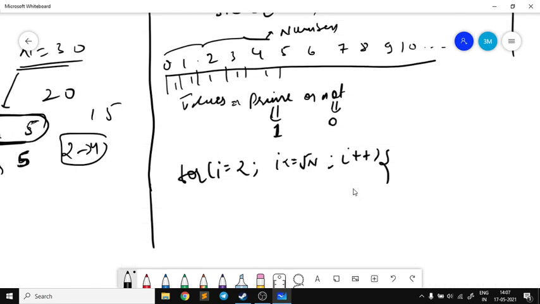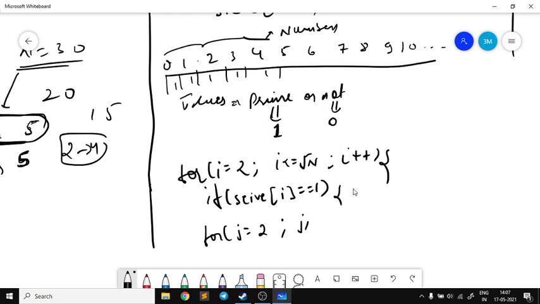So for that we will check if sieve of I is equal to 1, then only I will check its remaining multiples, that is, I will start iterating from j equal to 2 and j into I less than n and j plus plus.